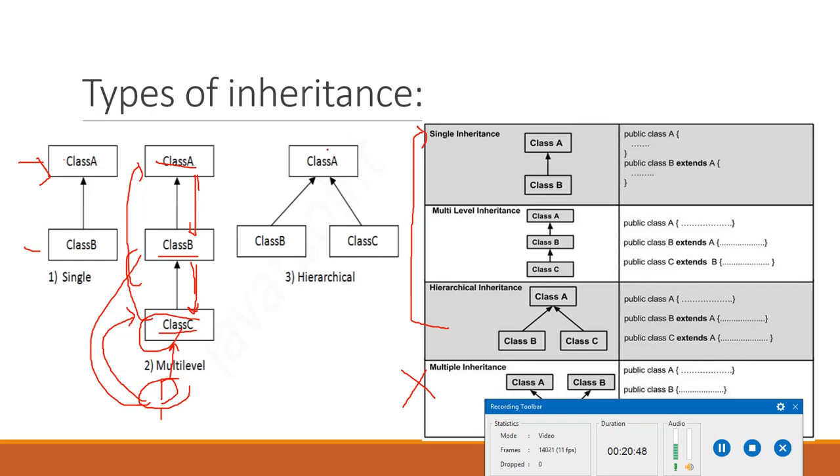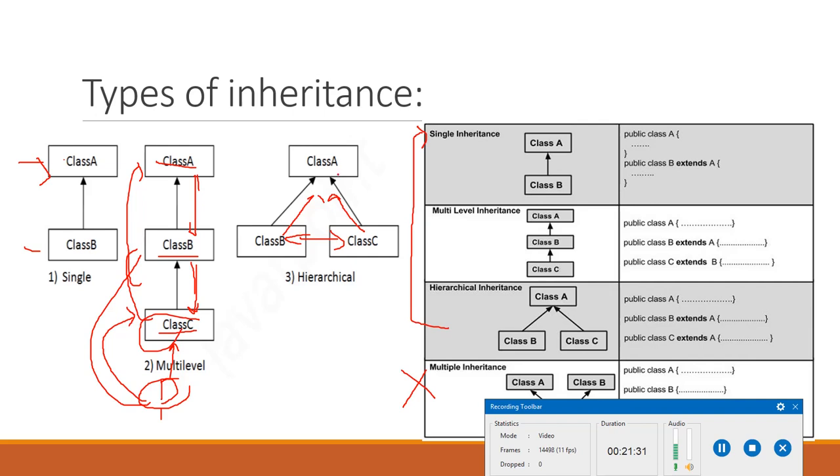So if you see, I have a superclass, class A, class B is derived from class A, class C is derived from class A. So class B and class C are basically siblings, just like your brother and sister. Now class B will have its own data members plus the inherited data members from class A, whereas class C will have all the data members from class A as inherited, and class C can have its own data members. But C's data members and B's data members will have no relation. They are basically siblings.